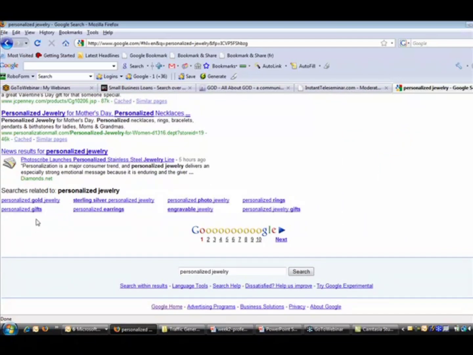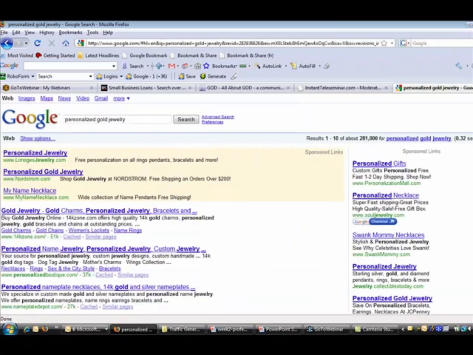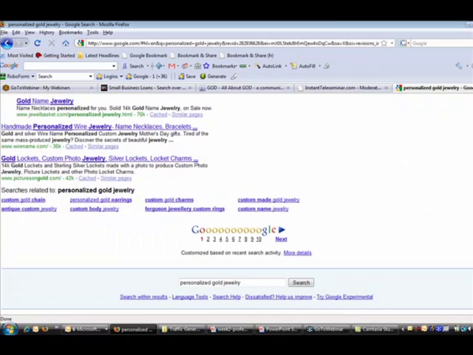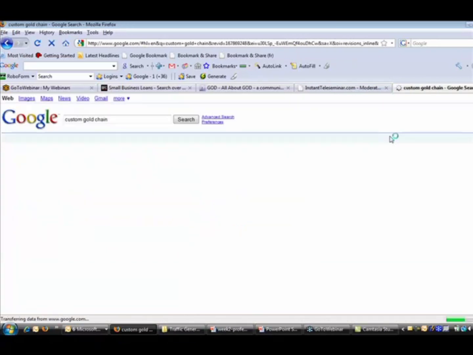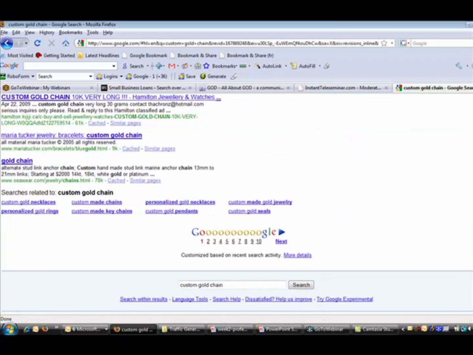And they have a feature here where it says searches related to personalized jewelry. And it says personalized gold jewelry, sterling silver personalized jewelry. These are related searches that Google has identified that other people look for when they're in this niche. So now you type in personalized gold jewelry, you click on that, and it will narrow down even more results. And it will say, okay, so have you considered custom made gold jewelry, Ferguson jewelry custom rings, antique custom jewelry, custom gold chains? So then you click on that, and you kind of get the idea